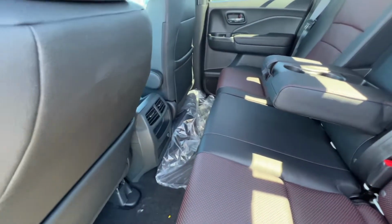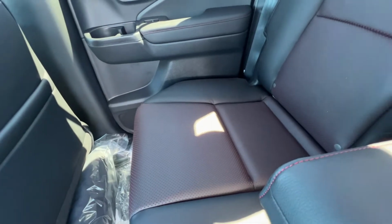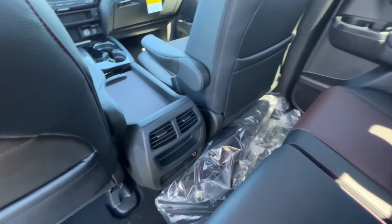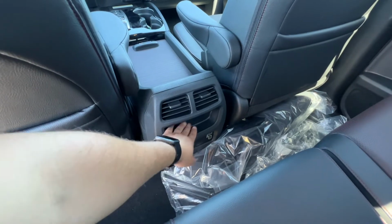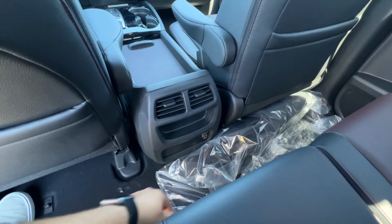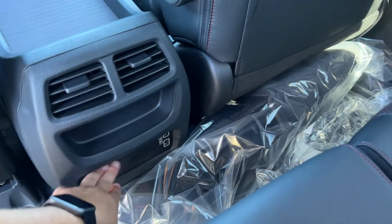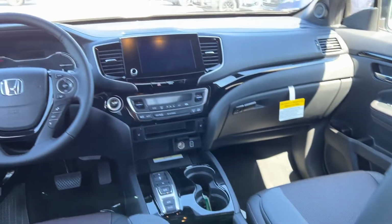And let's hop inside. By the way, the center of those seats is finished in red, and the side is finished in black. And some air vents back here. I'm not sure if this is even a storage place. And in the bottom there are 2 USBs. Let me go ahead and zoom in. So there are 2 USBs down there. I really wish there was a storage place in the bottom, but that's how the front of this Honda